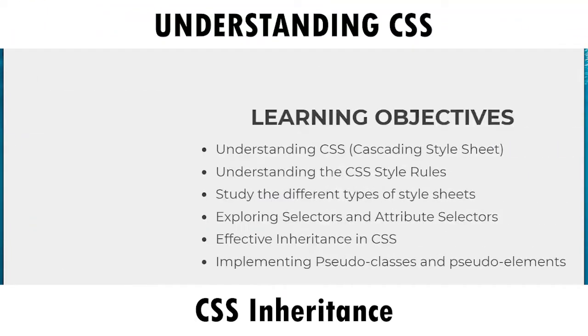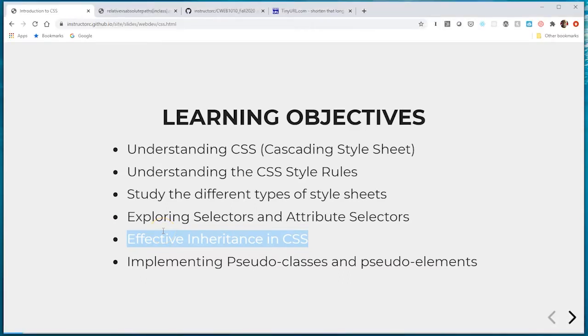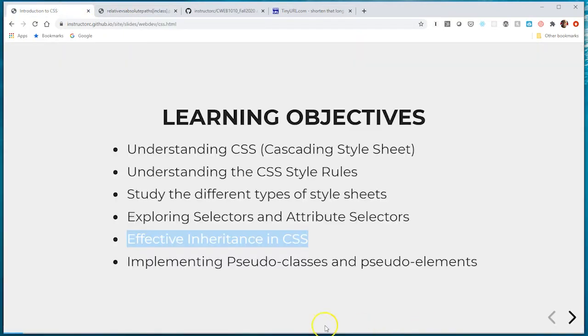All right, so in this video, we're going to primarily focus on the topic of inheritance in CSS. So this is the second to last bullet point. And we'll talk about some different strategies that we can use or employ while we're constructing our CSS style sheet. After we talk about CSS inheritance, we'll go back to coding this file path worksheet and add in CSS. And then we're also going to add a font to this particular PDF or to our website. So let's go ahead and skip to the slides here that focus on implementing